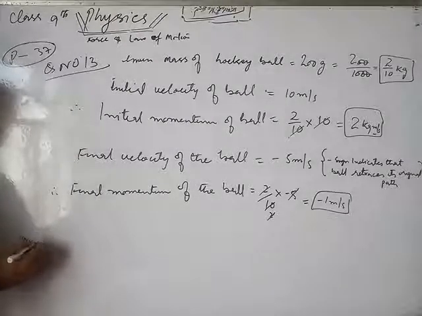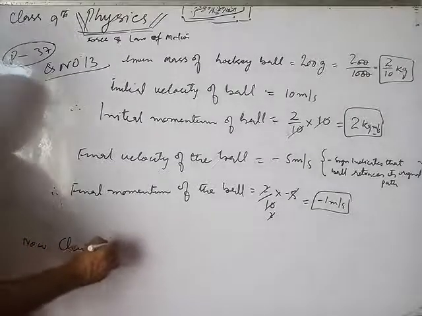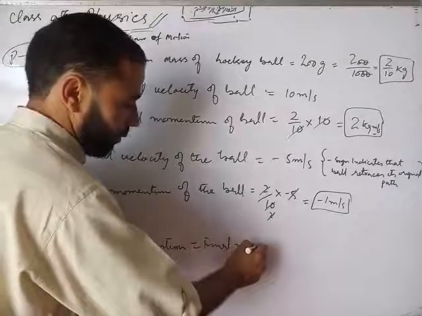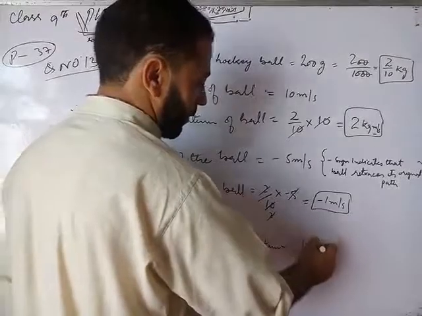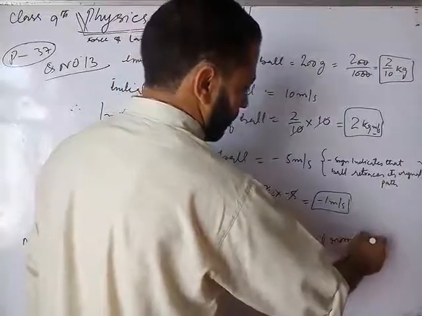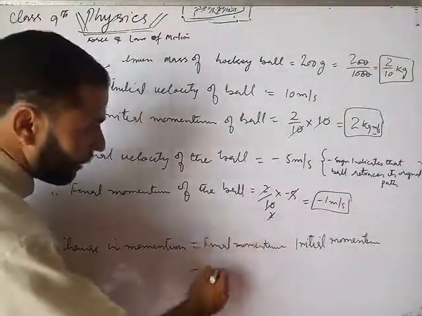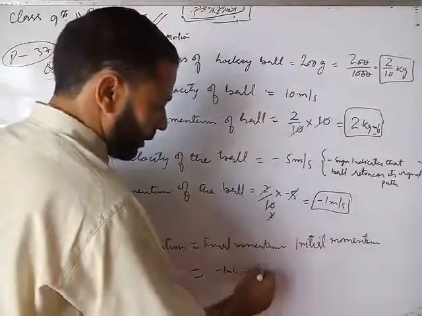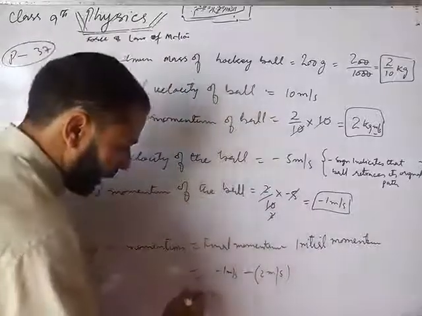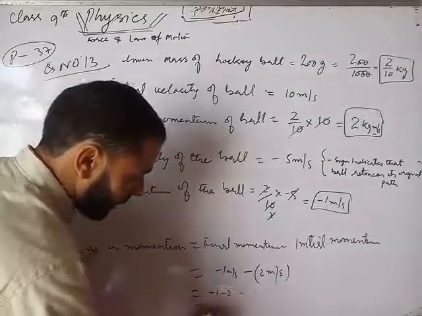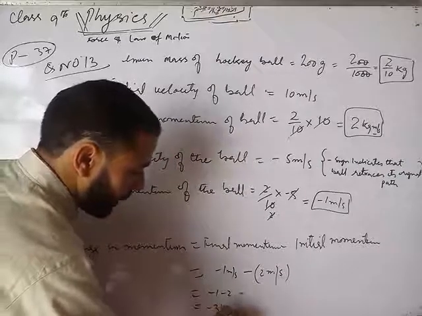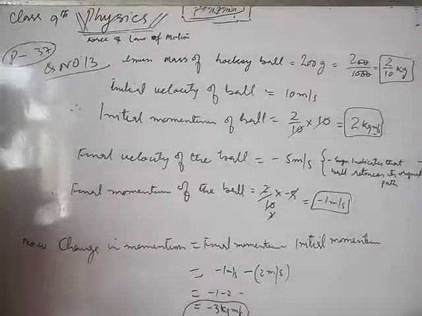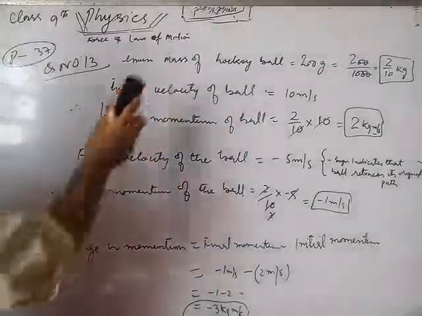Shabash. Now change in momentum, change in momentum बराबर final momentum minus initial momentum. Change in momentum is equal to final momentum minus initial momentum, final momentum कितना है? -1 meter per second, minus initial 2 meter per second, that is equal to -1 -2, shabash, that is equal to -3 kilograms meter per second change in momentum. This minus 3 indicates that the force is acting in the opposite direction to the body. अब आप नीचे लिखेंगे ये